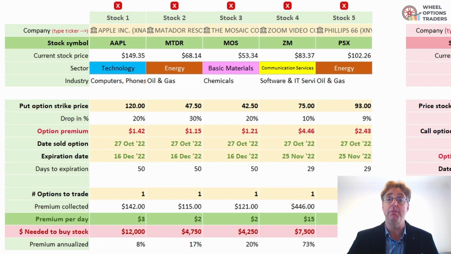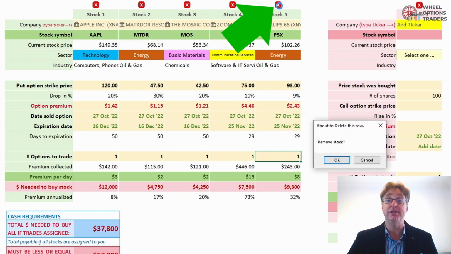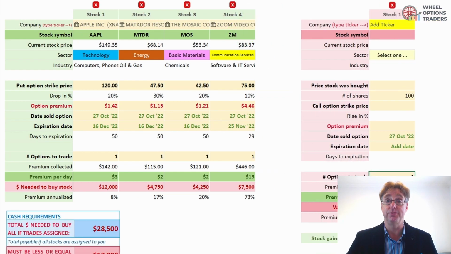Okay, so let's say I'm looking for a low-risk strategy due to the difficult market conditions. So let's remove PSX from our list of potentials. As you can see, we already have a powerful tool here for our decision-making process. Okay, so now we have 4 stocks left. We can add more potential stocks to this list and compare different metrics as we did with the last 2 stocks until we've found a combination of stocks that we are happy with and can start trading the wheel on